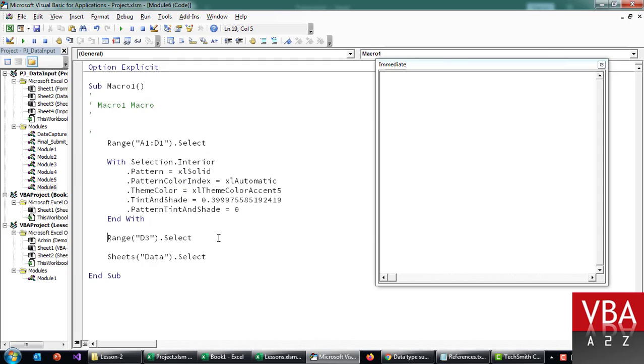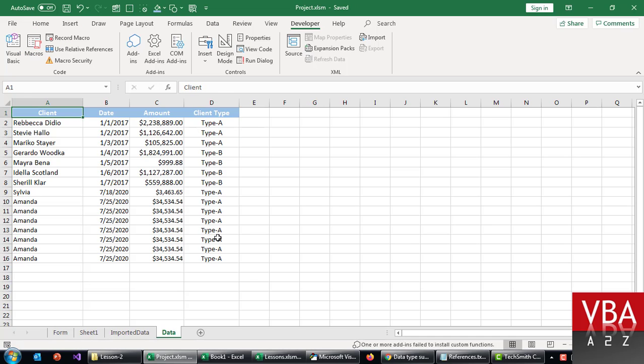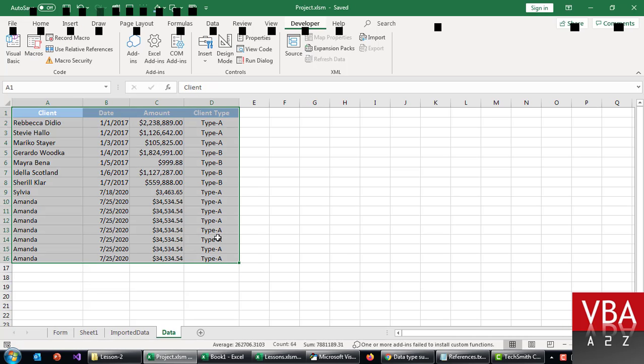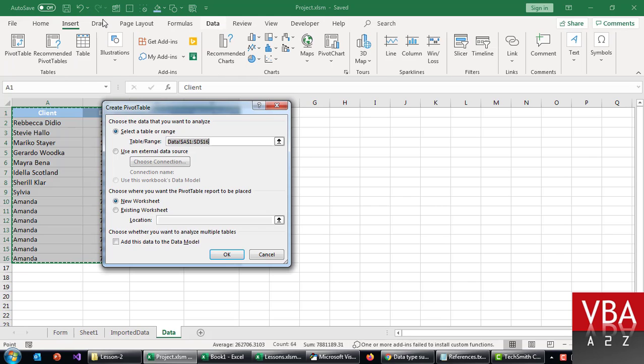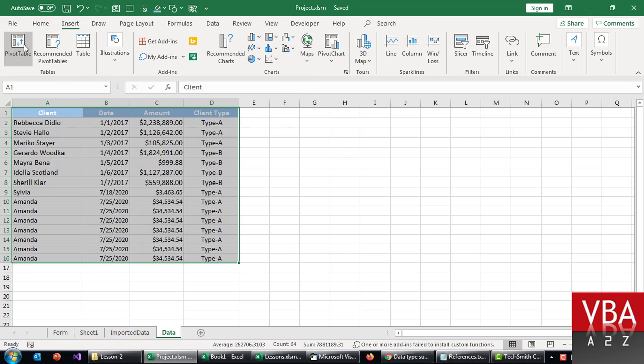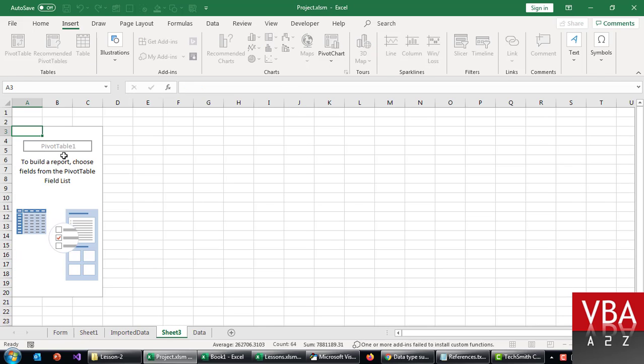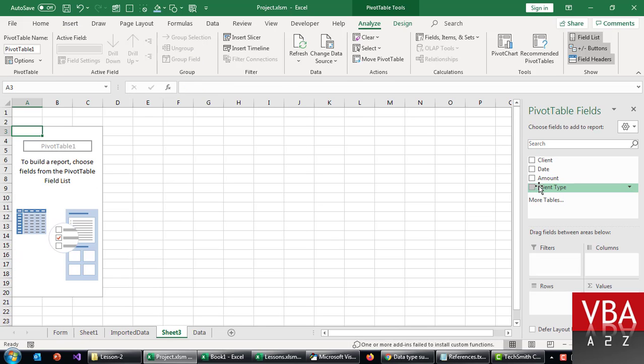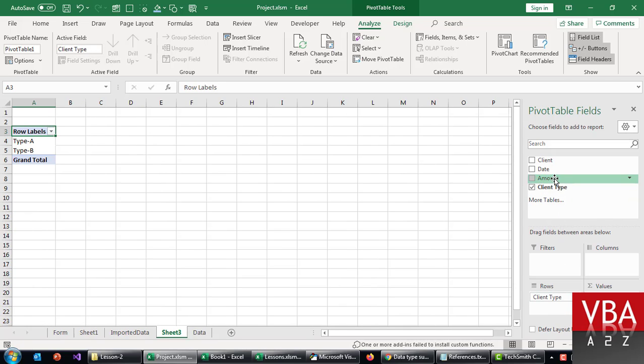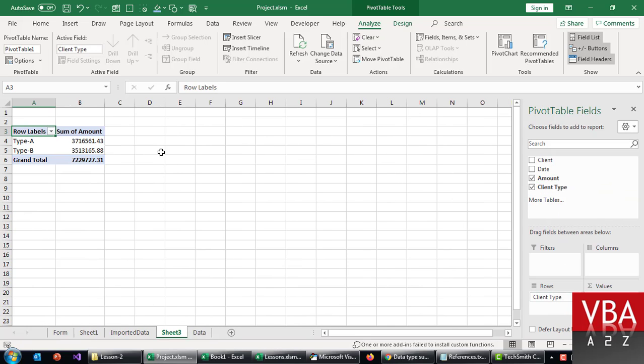You can use this recorder, very useful. Now I'm going to insert a pivot table out of this data. Select the range, pivot table, and okay. So now this is our pivot table, by client type, and then the amount. Let's say we want to view it in that way,